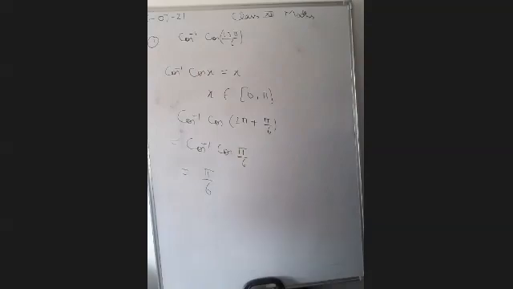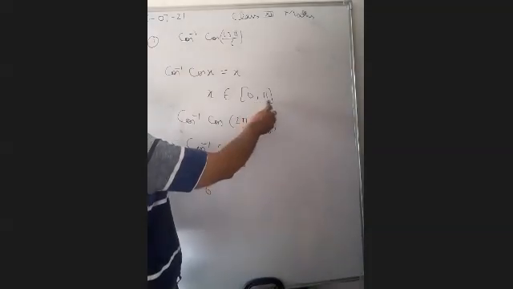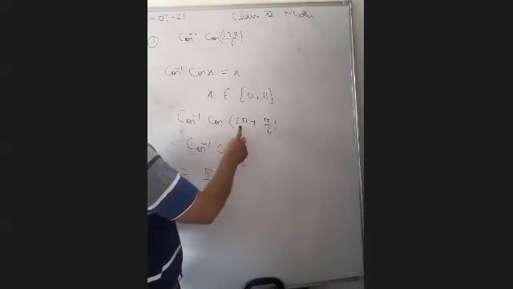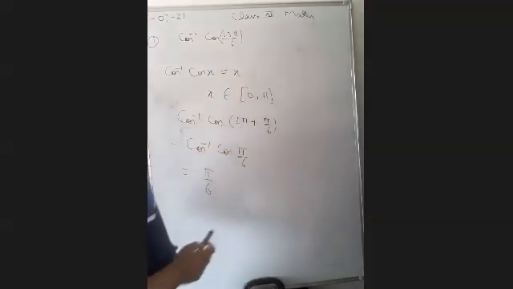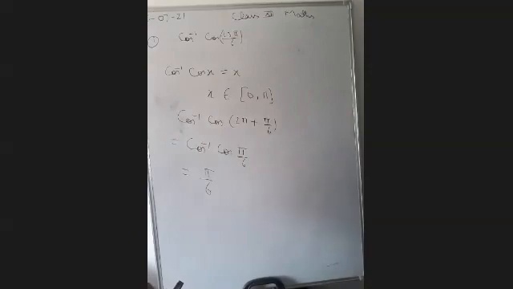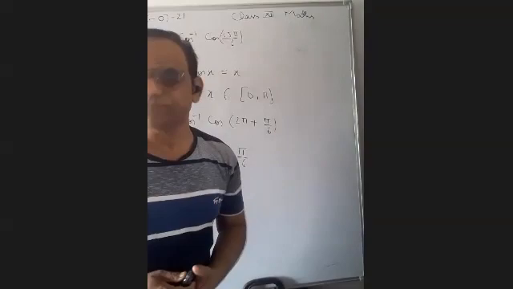I feel that you have remembered these things. What we have decided the domain. Cos inverse cos x. For sin we have a different domain and for tan we also have a different domain. So for cos inverse cos x, we should have 0 to pi. So first of all, we have to convert this angle in this range, which we have converted by using the 360 plus theta formula. Cos 360 plus theta is equal to cos theta. So you have to remember these things. Then you can solve this type of questions.